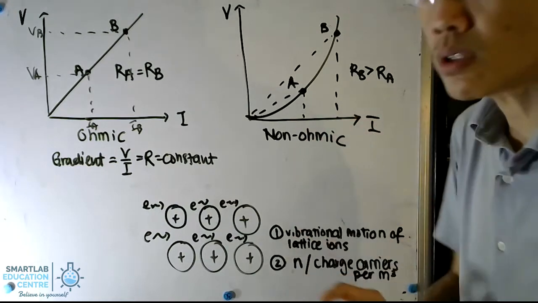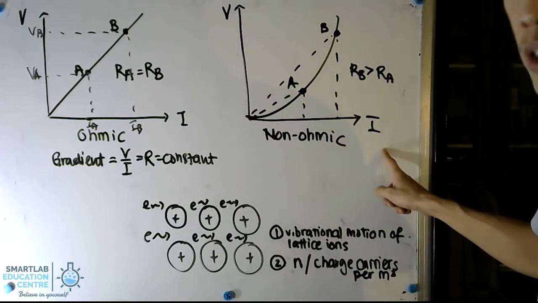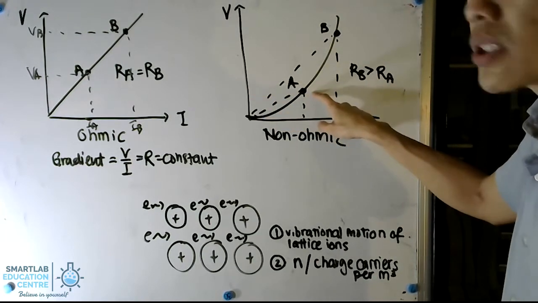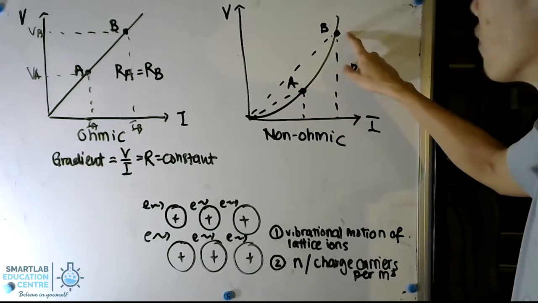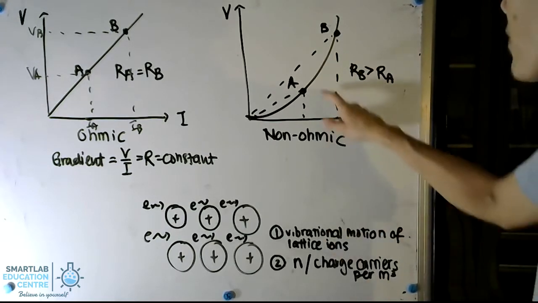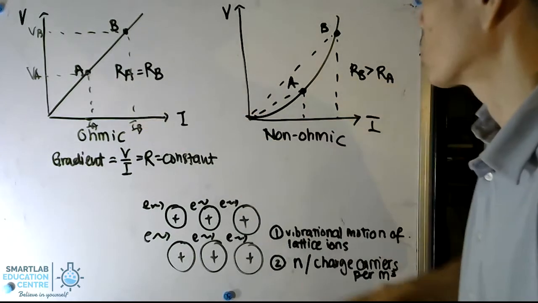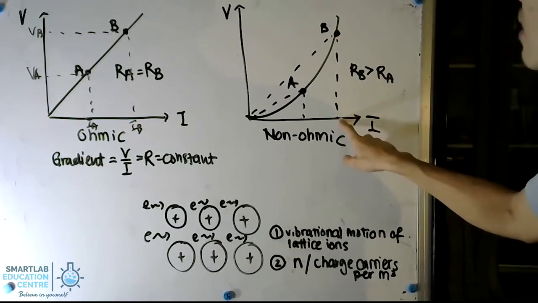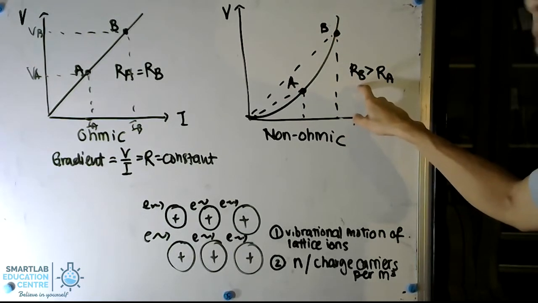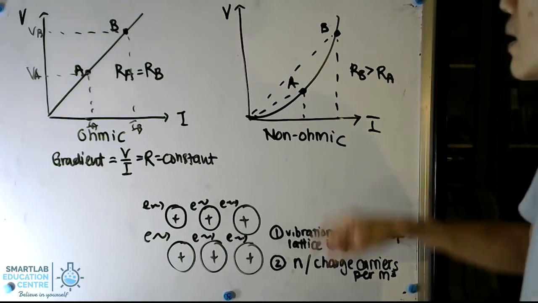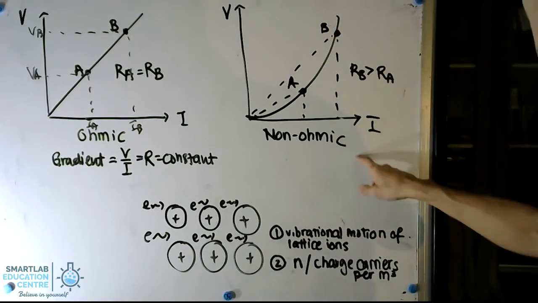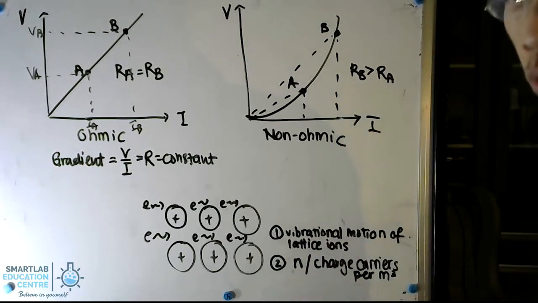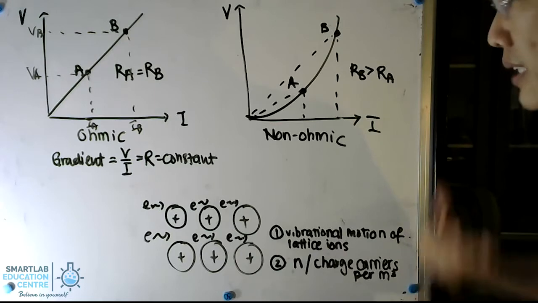In the case of a non-ohmic resistor, in this example that we're studying, it's a filament bulb. Here you will see that if the potential difference applied is VA versus a higher value of VB, the resistance differs. We calculate the resistance the same way as on the other side, which is VA divided by IA and VB divided by IB. So in this case, the resistance RB becomes higher than RA. As the potential difference applied across the non-ohmic resistor increases, there will be greater heat dissipation within it, and as a consequence, temperature will increase.